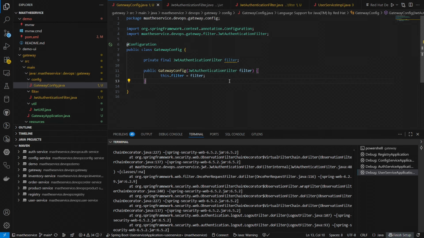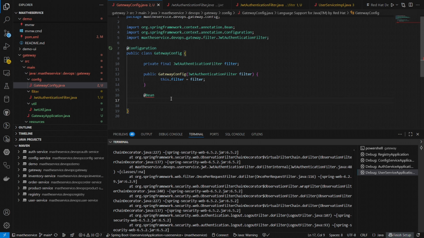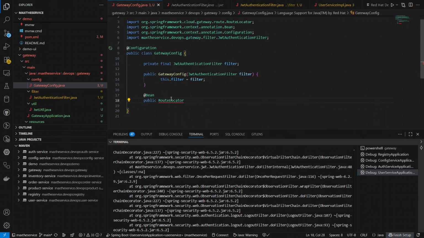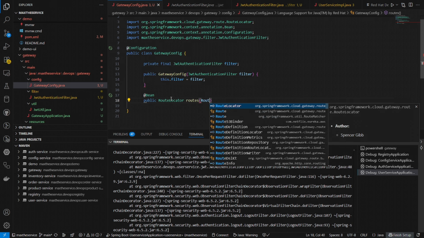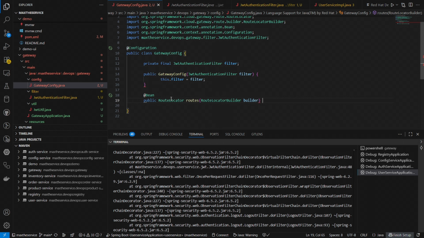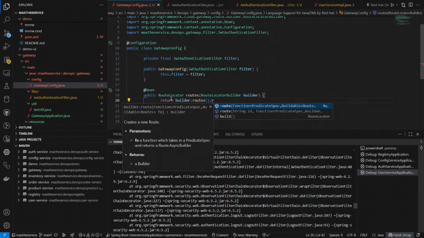Okay, so now for configuration, we actually need to configure one bean. Why do we need to configure a bean? Because it should be available during a route locator. The bean name is route locator, and we need to check routes, with the route locator builder here. It should return after building all routes, if the route matches